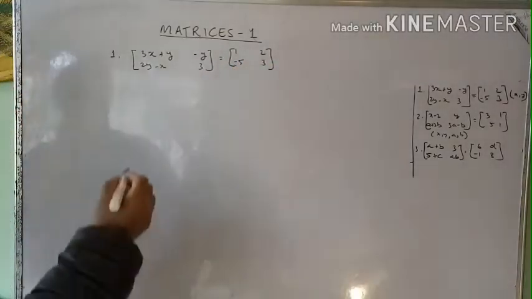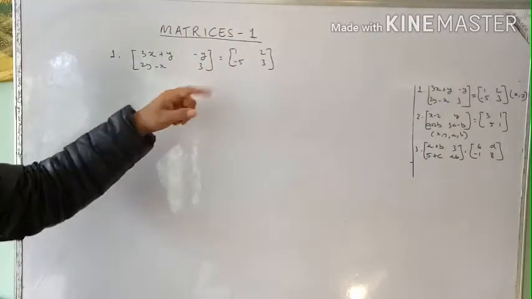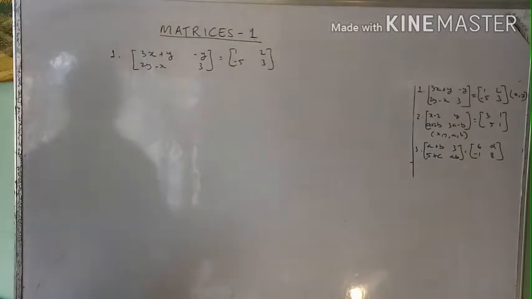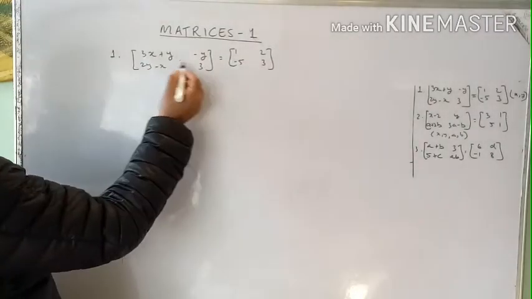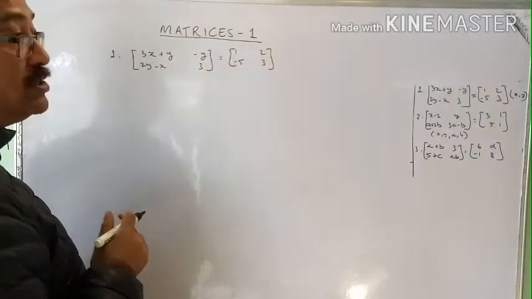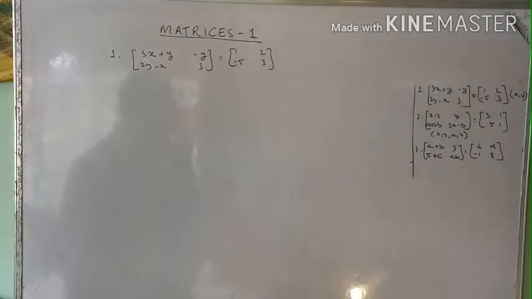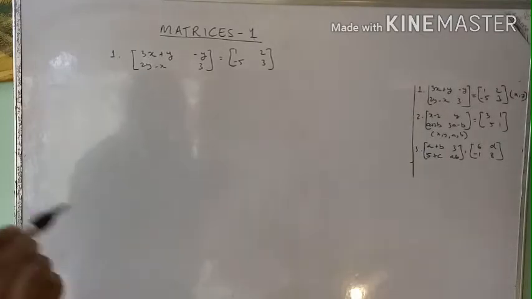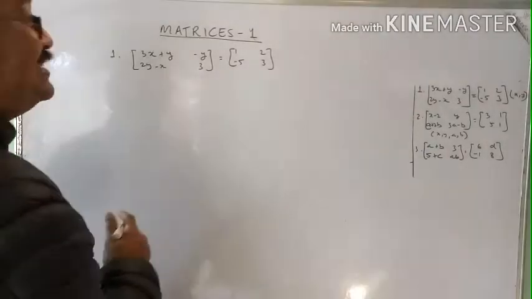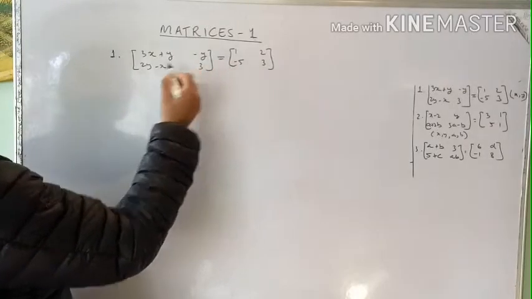These problems are based on equality of matrices. You can see two matrices are equal, because this is 2 by 2, this is also 2 by 2. Equal matrices have the same order and corresponding elements equal. Since they are already given as equal by the equality sign,